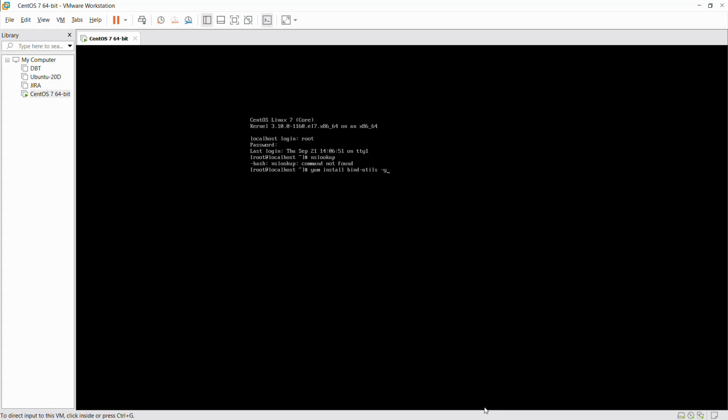Then you have something called forward lookup zone, and then there is something called reverse lookup. I'll tell you what these are.